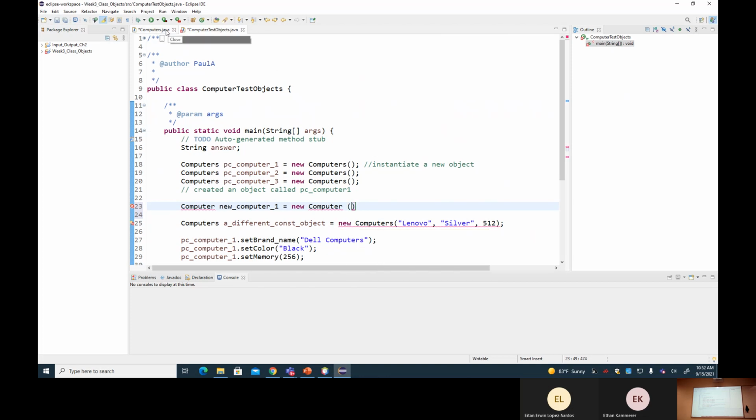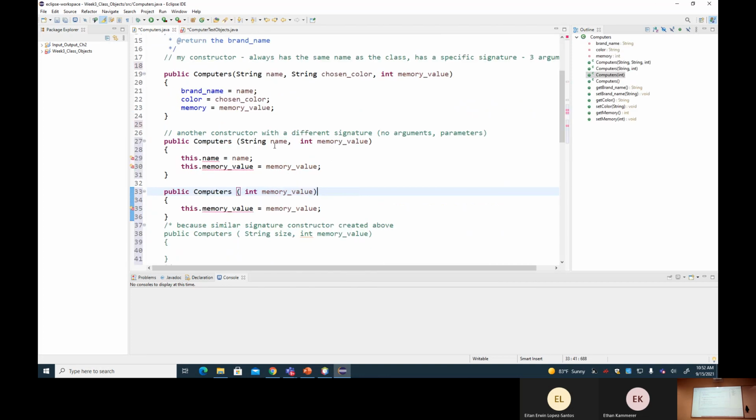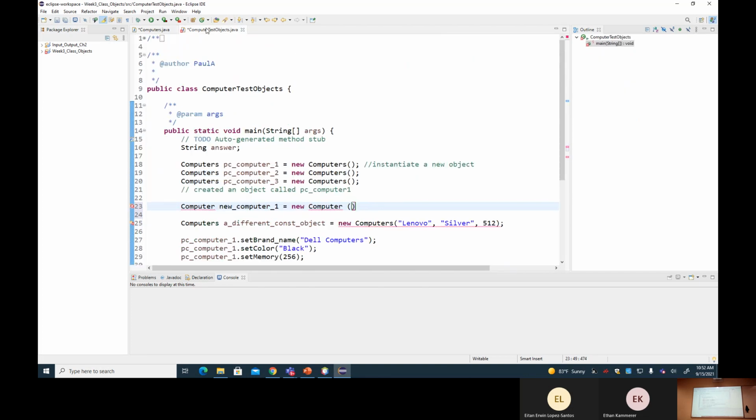And remember, one of my signatures was a name and an integer. So I can always say Lenovo, comma, 512, and this is okay,